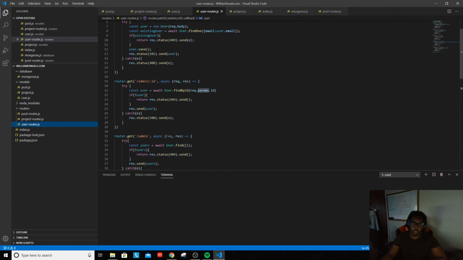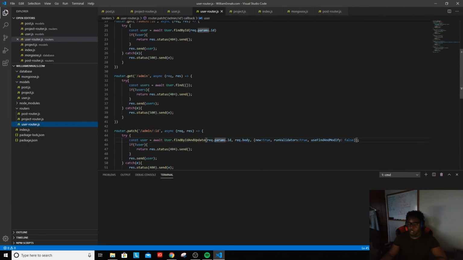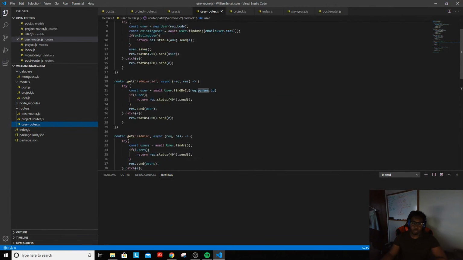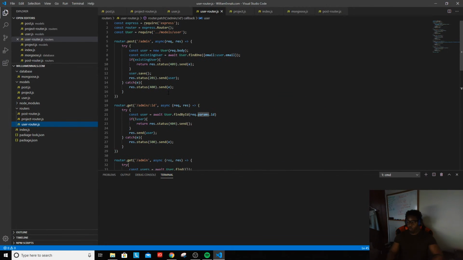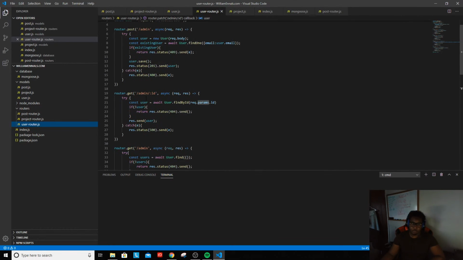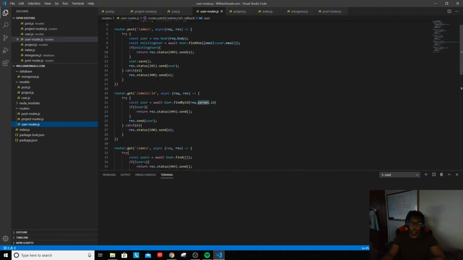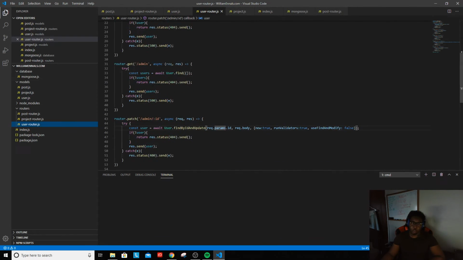The user is going to be really, really powerful, because this is where we're going to spend most of our focus. The reason being, for the user, we want to be able to control, based off users, who's going to be able to access the website and the database and make these requests. For this specific use case, usually with a lot of other websites, the requests will look a little different, and they'll want more security around